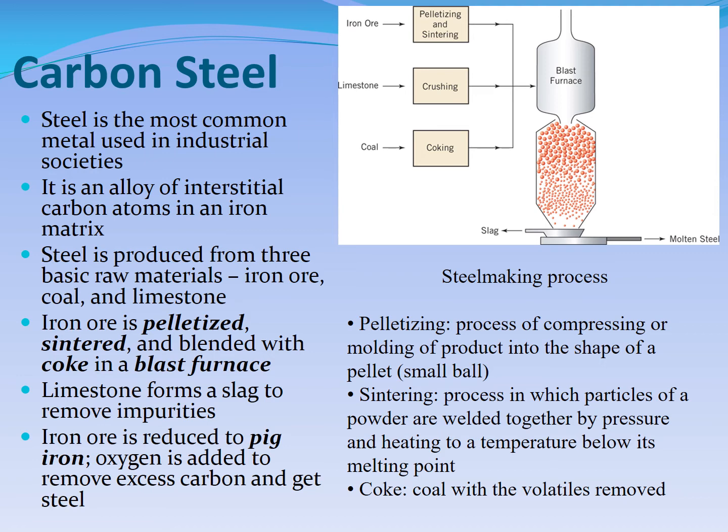This is just a schematic diagram, but what you will put inside the furnace, iron ore will be there. It will be pelletized, which means it will be in small broken pieces, and it will be sintered. So iron ore will be there. Limestone will be there, calcium oxide and so on. And coal will be there in the form of a powder called coke. So iron ore, limestone and coke, they will all be fed into the blast furnace.